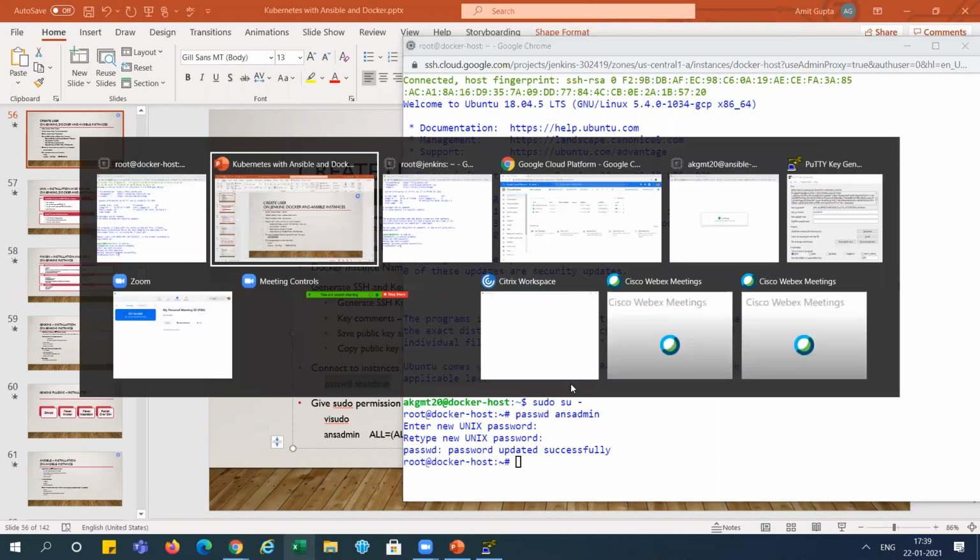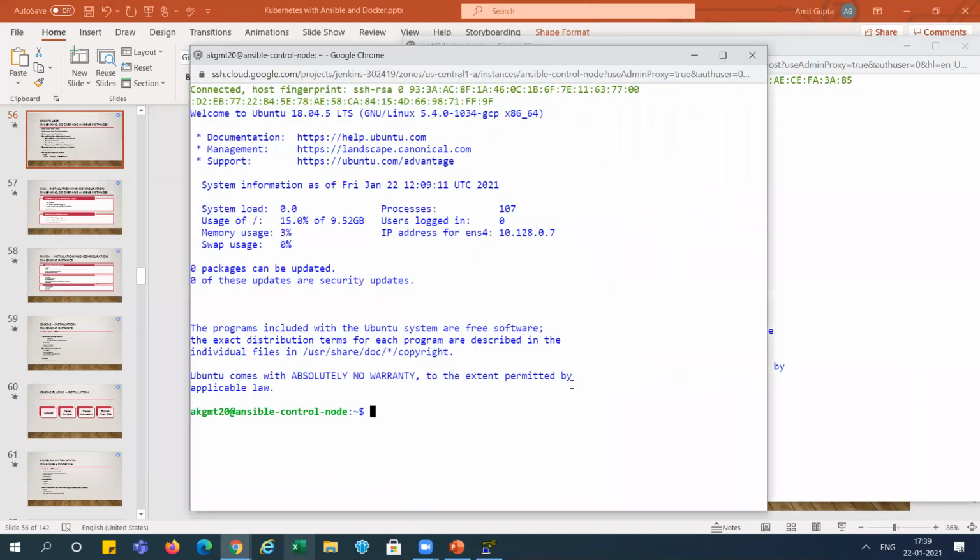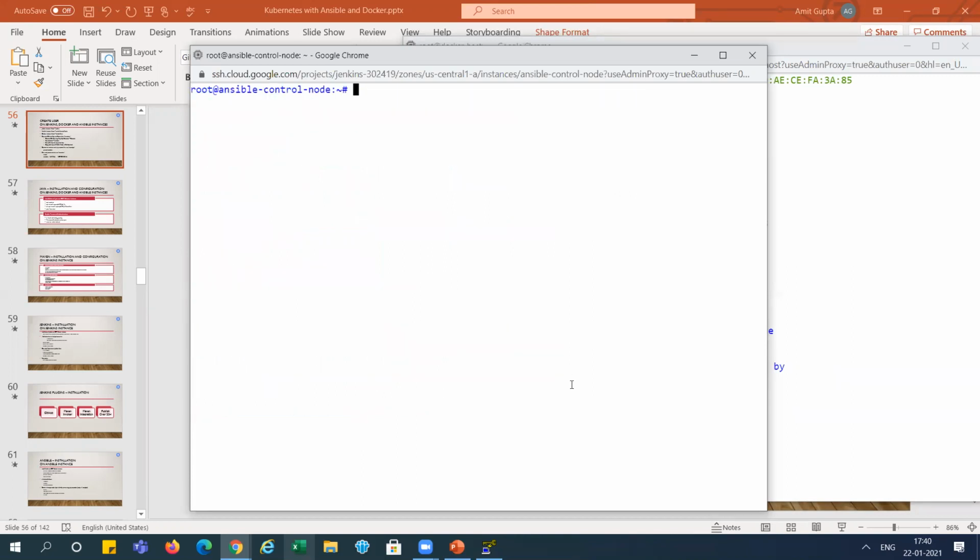The password is set for this one also. Now let's do it for the Ansible control. Okay, password updated successfully, right?